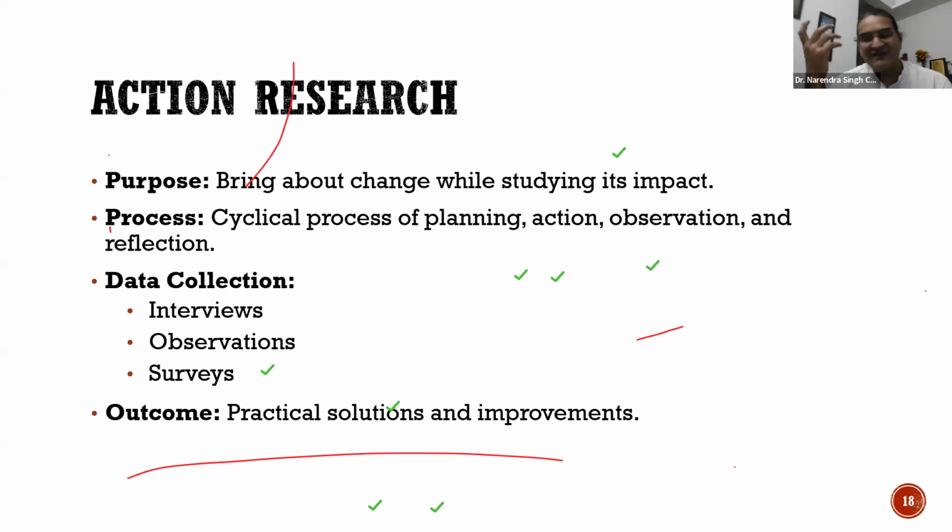That means as a traveler, I'm not understanding which coach I should move into, right? But in case I have this information that okay, coach 6 has this much capacity, the passengers can route themselves to that particular coach and enter there. So that means you can easily do traffic management. So what kind of research is this? This is action research or academic research? Think for yourself. This is action research, because what I'm trying to bring in is some solution to the problem that I'm facing. So interviews, observations, surveys, these are the ways.